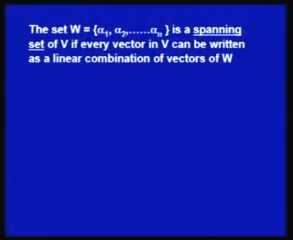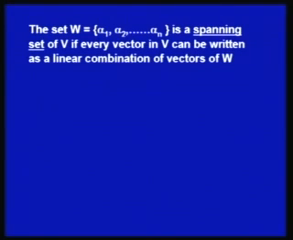In the earlier two lectures we have discussed vector spaces and subspaces. This lecture is about linear independence and dependence. We have already defined a spanning set of a vector space V as a set W consisting of n vectors alpha 1, alpha 2, alpha n such that every vector in V can be expressed as a linear combination of vectors